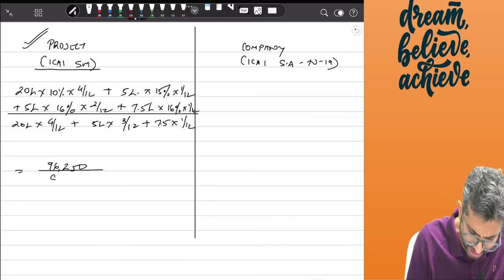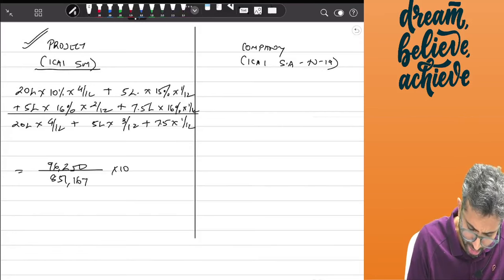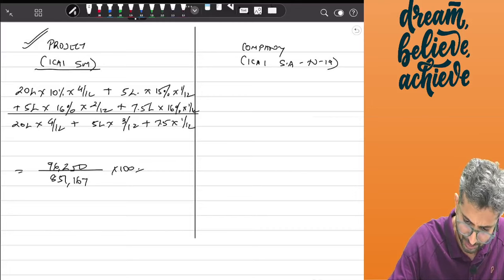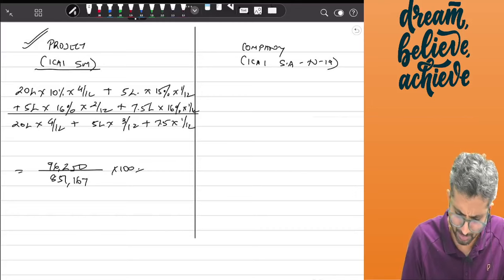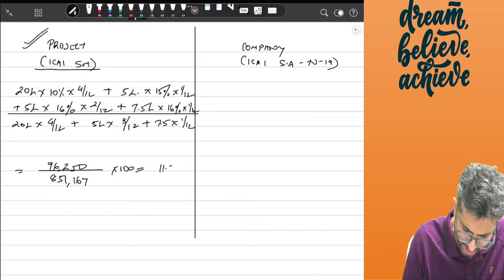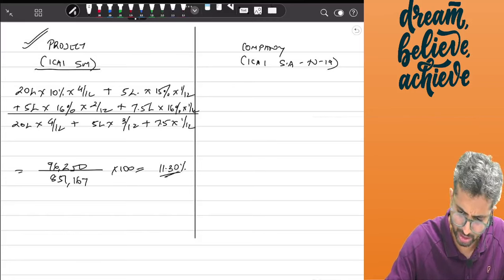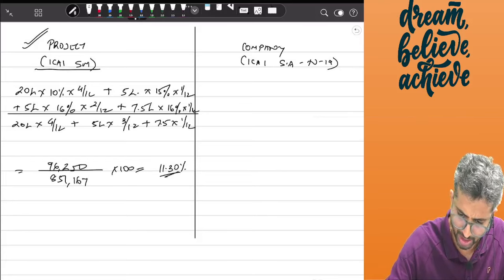So this is around 8,51,167 into 100. If you calculate 96,250 divided by 8,51,167, this comes to approximately 11.3% or something. This comes to around 11.3% if I'm not wrong. If these numbers are correct, 20 lakhs into 4 by 12 m plus 5 lakhs into 3 by 12 m plus 7 lakh 50 into 1 by 12 m plus